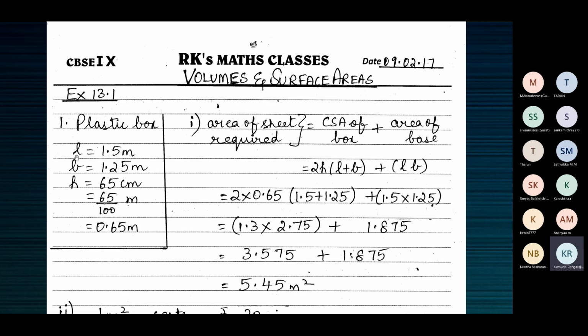Okay, so from the dimensions given, length, breadth, and height, we understand that the box is cuboidal. Cuboidal, not cubical, because the length, breadth, and height are all different. So it's not a cubical box, but a cuboidal box. It's opened at the top. So that means there is no material on the top.